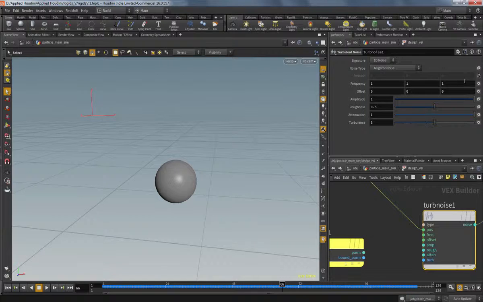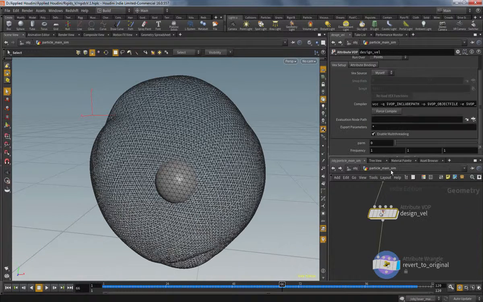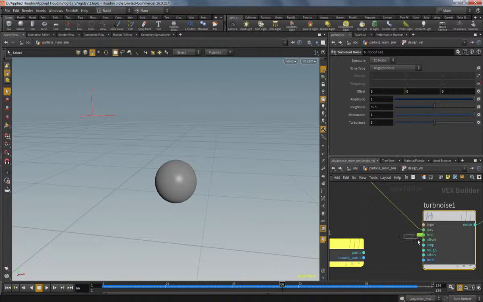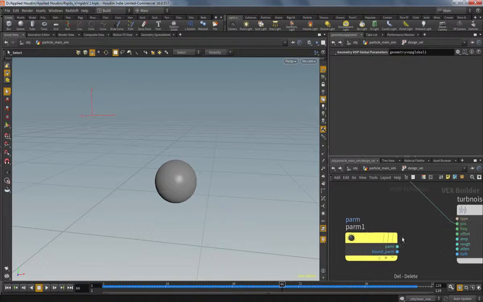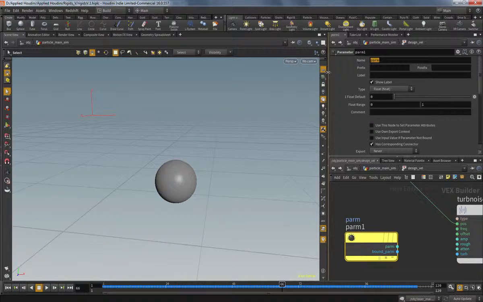Now I know that you can say promote parameter here to get it up here, but then you see it names it for you. And we're gonna have multiples of these, and I don't want them all to just say the same thing. So let's just set it up ourselves. It's not any slower or anything. So I'm just gonna say something like